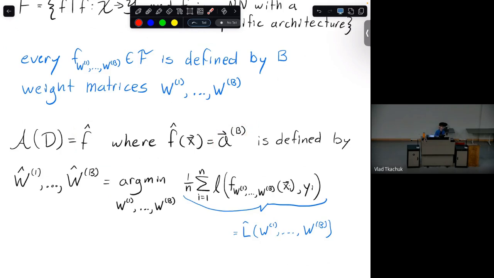But how do you define this guy? Well, it's defined by all of these weight matrices, right? And what are these weight matrices? They're just the ones that minimize the estimated loss. And the estimated loss, what is that? That's you have this loss function that takes in a predictor and a true label. And now your predictor is just fully described by these weights. So you're really just searching over a giant set of weight vectors.